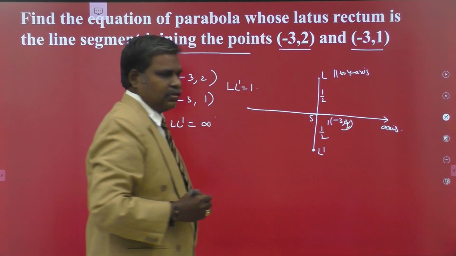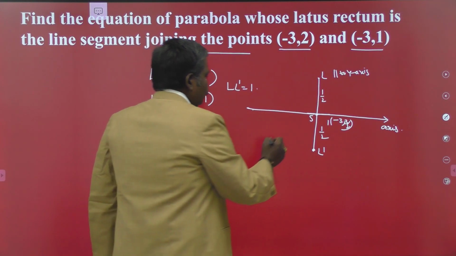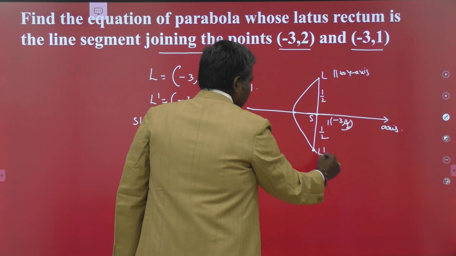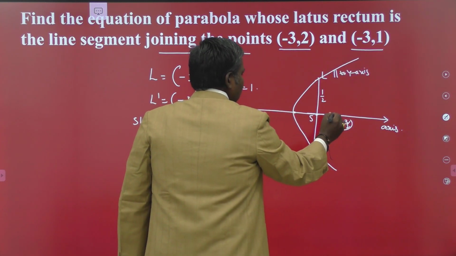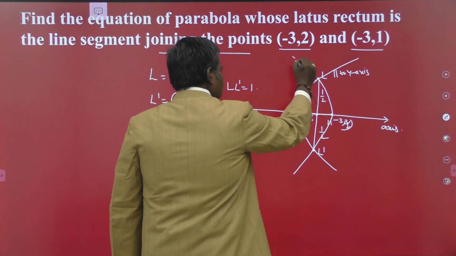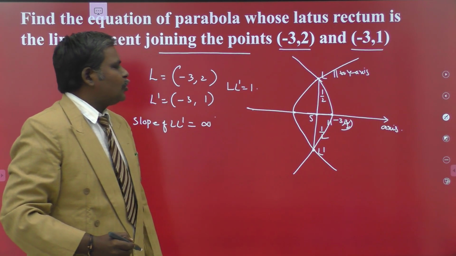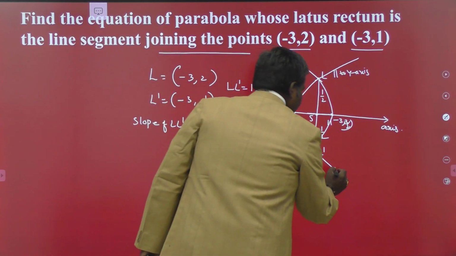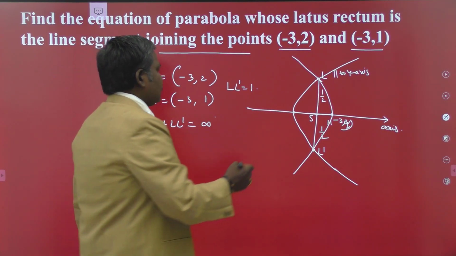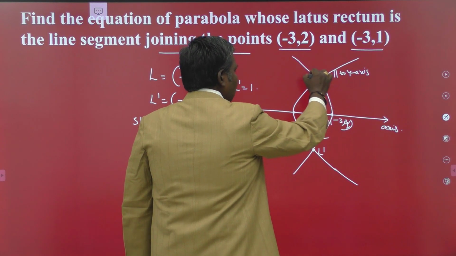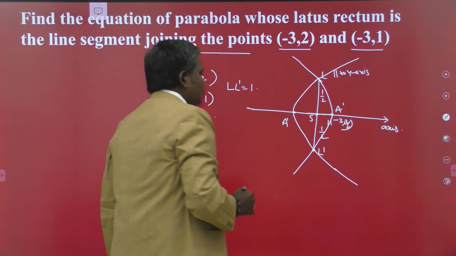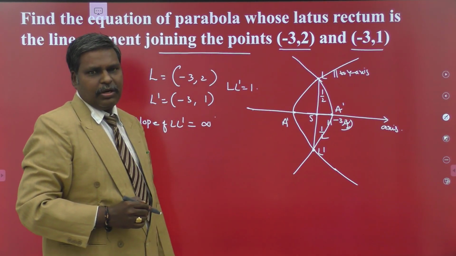This is your focus. Now, if you have the coordinates of vertices, then the parabola may be in this manner, or there exists another parabola also, or in this manner. Am I correct or not? There are two possibilities for the given data. For the given data, there exists a parabola in this manner or in this manner. This is the possibility of one vertex. This is another possibility of the vertex of the other parabola.